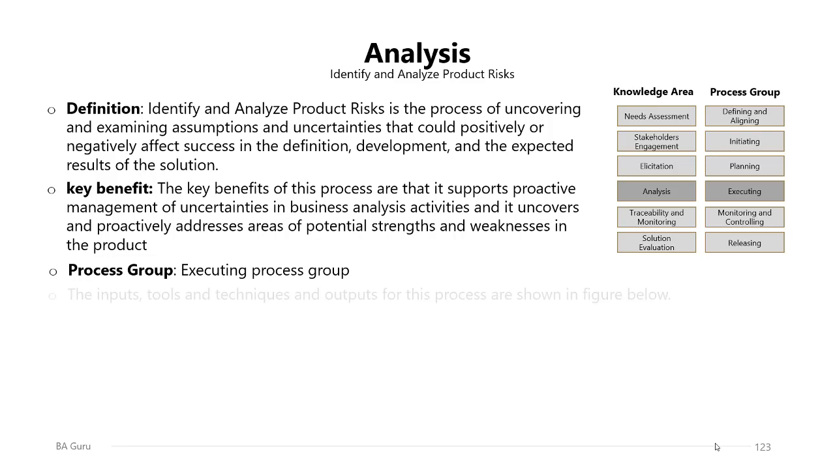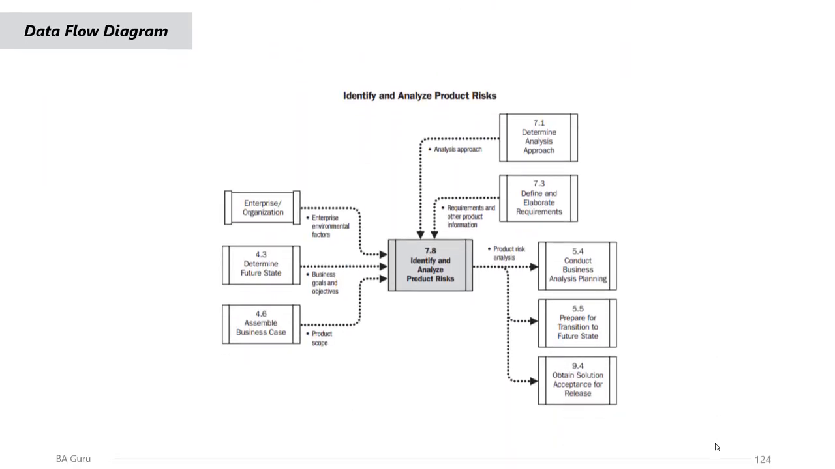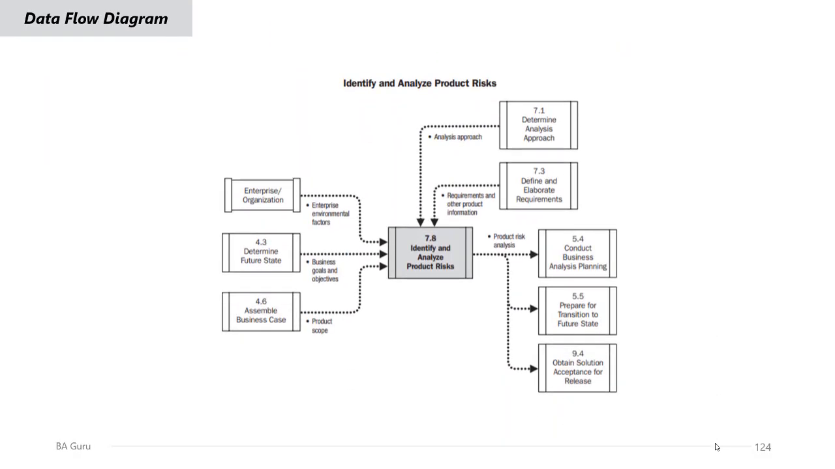It's part of the executing process group, and the ITTOs are shown in front of you. We have 5 inputs to this process, 11 tools and techniques, and 1 output, which will be the product risk analysis. The data flow diagram of this process shows 5 inputs coming from the enterprise or the organization itself, the